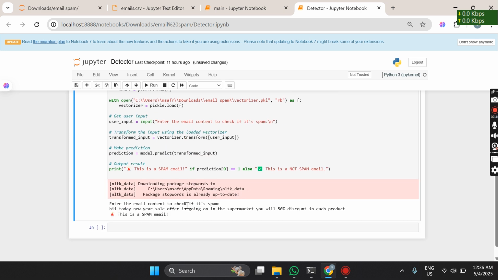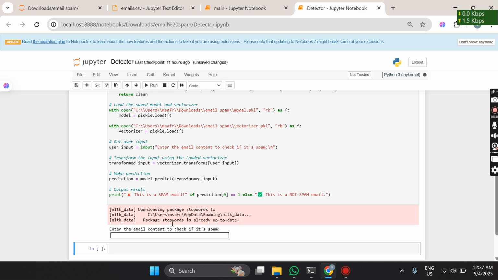It is showing that it is spam because we trained our model, and lots of this type of thing comes in our mail. Using this type of model our email is filtered. That's why if you open your email, you can see a promotion section. You get a lot of emails, but the filter sorts them. If an email is important, it will be in the inbox. If it is not important, it will go to the promotion section or spam section.